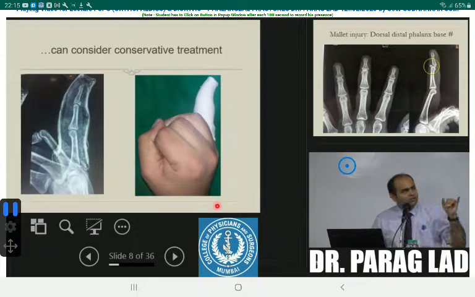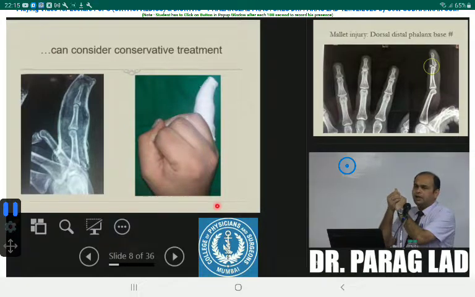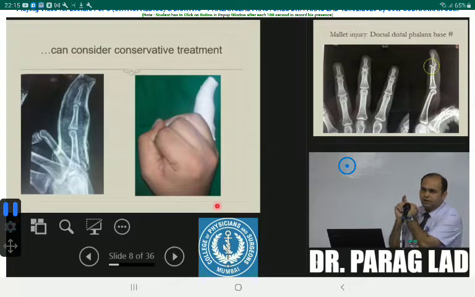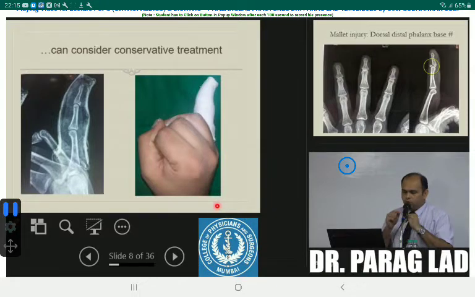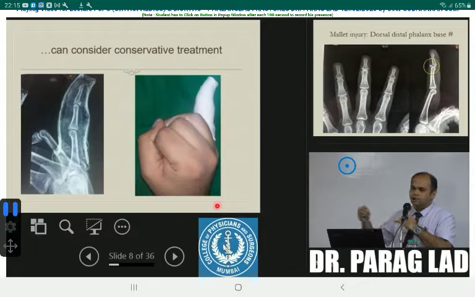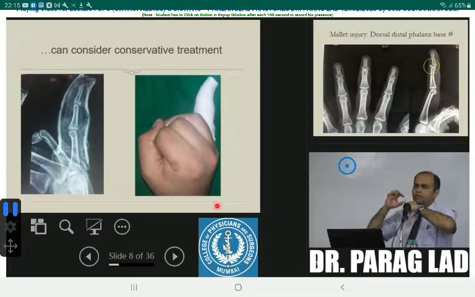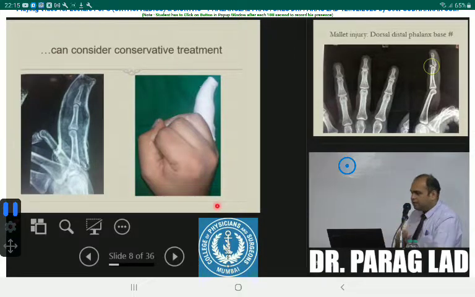And then if you see the X-ray in the cast, the fracture is well aligned and the deformity is corrected. Mallet deformity is like a mallet, like a bending deformity. So you have to give a cast in extension of the finger. But this cast can become very loose, or if you make it very tight, it can hamper the blood supply of the finger. So you have to call these patients frequently in your clinic to check the vascularity. And this cast can be loosened, it can come out. So sometimes you have to keep the PIP joint in flexion. Like this we need to give the cast so that it doesn't come out. And this has healed very well.